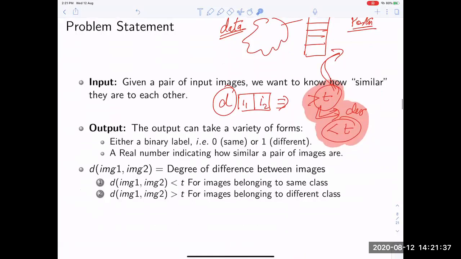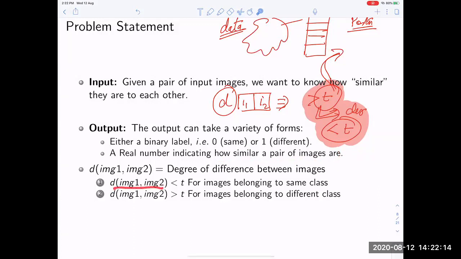So if we specifically say this, then we are going to have a huge number of pairs over which we want to learn a similarity function. The output has to be 0 or 1 depending on whether they come from the same class or are different. This is going to be a binary label, so you can say yes, they are the same, or they are different. This is a strict classification or strict metric, which essentially says that if they are same, I will give you 1, otherwise I will give you 0. Or it can be a score normalized between 0 and 1.